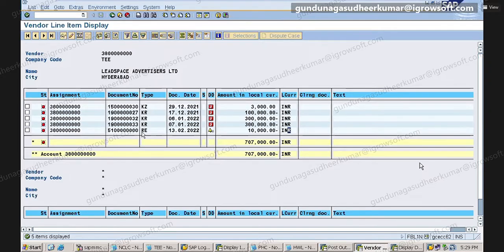Correct. So what is this KR? KR is the normal invoice. Yes, these are the normal invoices. This one is a PO based invoice. Sorry, can we make the payment at a time through APP for KR and RE overdue invoices? Everything you can do. Once it is coming in FBL1N, it is just an FI job. The same thing you do for other invoices. Okay. Yeah.